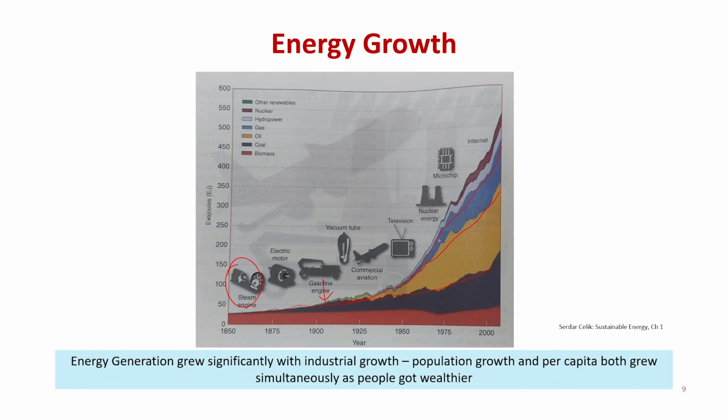But along with this, you will see that whenever a major shift or major invention was made in the industry, you can see the slope of the curve changing a lot. Like commercial aviation. As soon as it came into the picture, you can see the slope of the curve changing a lot. Nuclear energy, microchips coming into the picture, you can see the slope of the curve changing a lot. So along with the resources changing, it was also the inventions taking place in parallel which were leading to this sudden change in the slope, or sudden more use of energy per person, or per capita, which was very evident with the invention of technology.